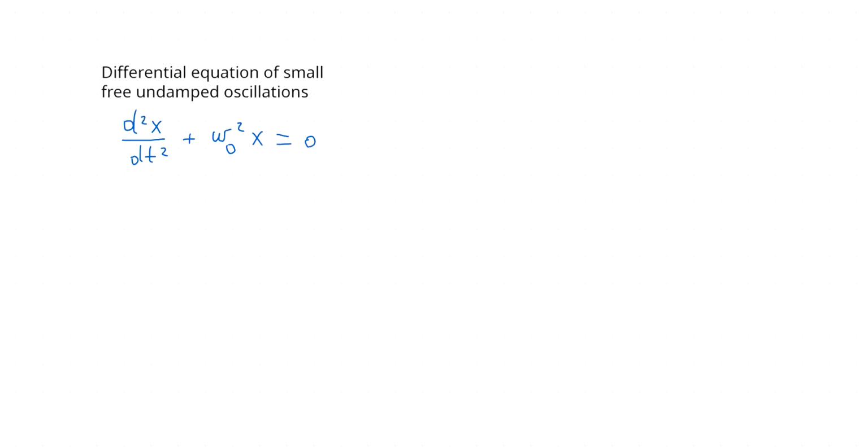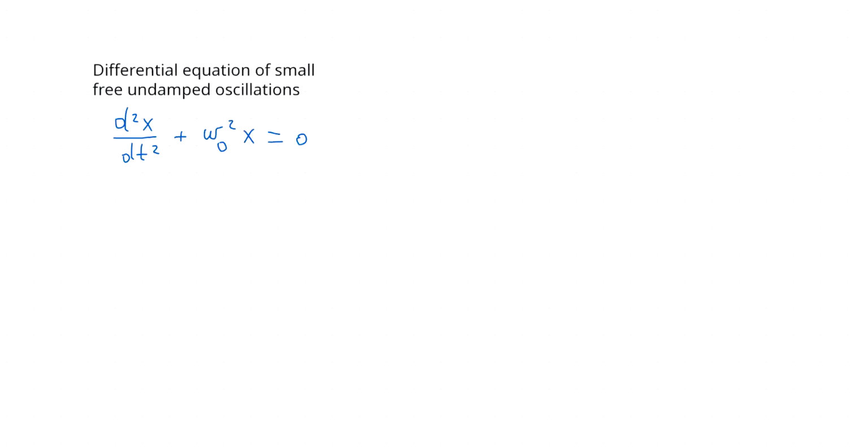This equation can be written in this way: second derivative plus omega 0 to the power of 2 x, x equal to 0. And this equation has the solution